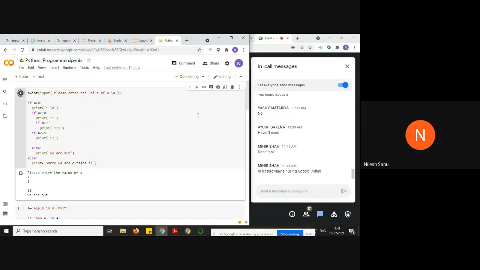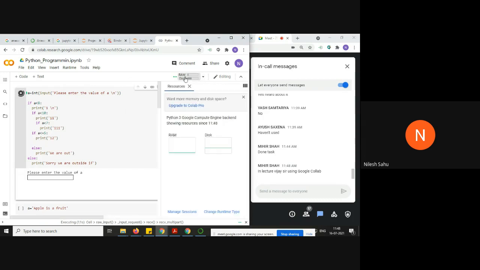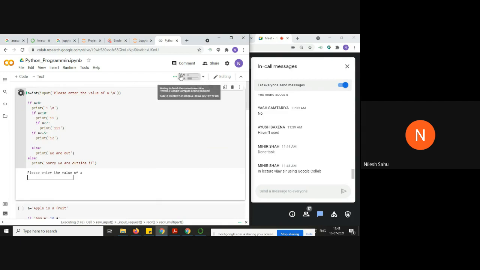Google Colab is providing you a GPU. When you are going for advanced machine learning or data science use, you need a GPU to train heavy models. You can see it is provided by Google for free. Around 107 GB out of 150 GB of disk is provided by Google for Colab, along with 12 GB of RAM. For using Google Colab, you just need an internet connection and a browser. You can do each and every task here.